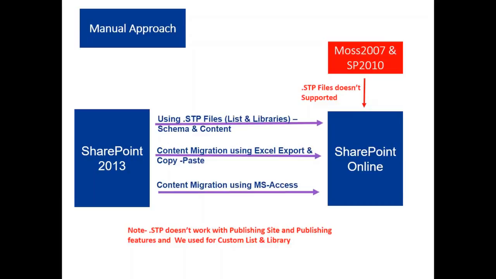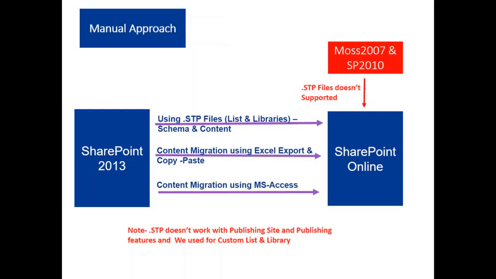Or an Excel file is also there, but the limit again is copy-pasting the content from Excel to the SharePoint list datasheet view, that is again 100 items. Even in the document library we can upload 100 items, but again it depends on what the business is ready to pay for the license, or whether one person will sit and do all the jobs in 1 day or 2 days. So this was just an overview.